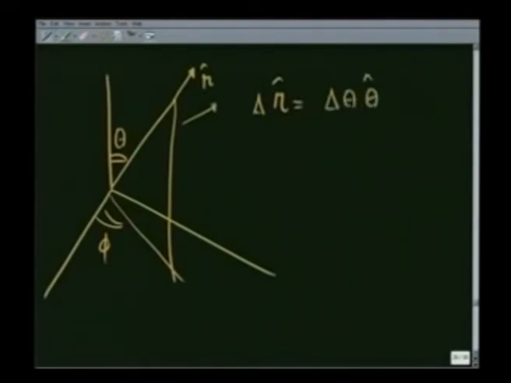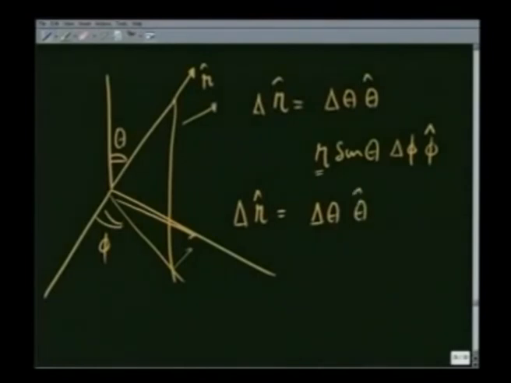On the other hand, if I keep theta fixed and change phi, then the r unit vector, this component is going to change, and that component is nothing but r sin theta. Since this is a unit vector, this r is 1 and it is going to change by delta phi in phi direction, and therefore the net change in the r unit vector is going to be delta theta in theta direction plus delta phi sin theta